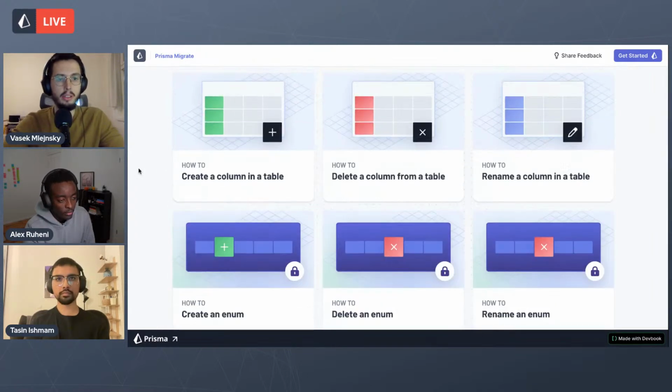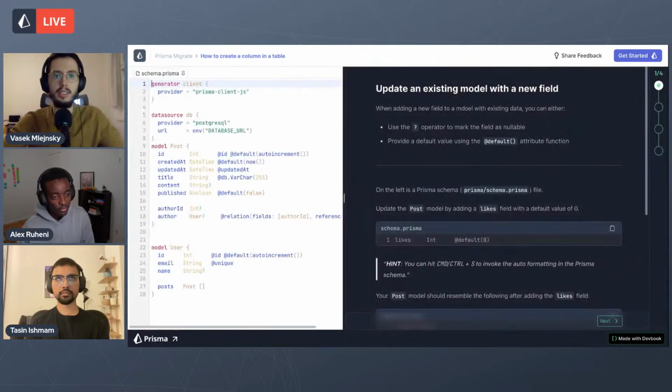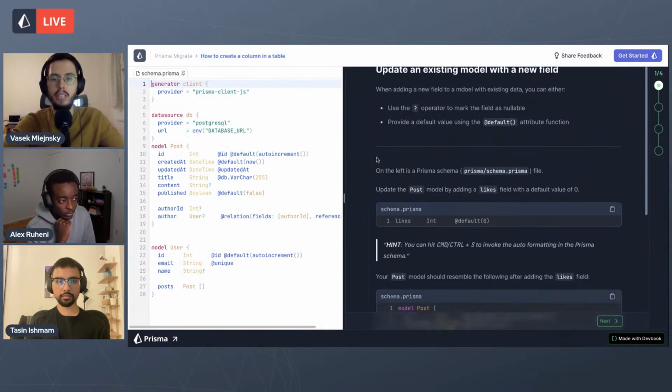I will just quickly open one guide. These guides are basically tutorials that show you how to do that specific workflow and operation. And they, again, do it against a live database with actual code, actual data, and you can run everything right in your browser to learn how that